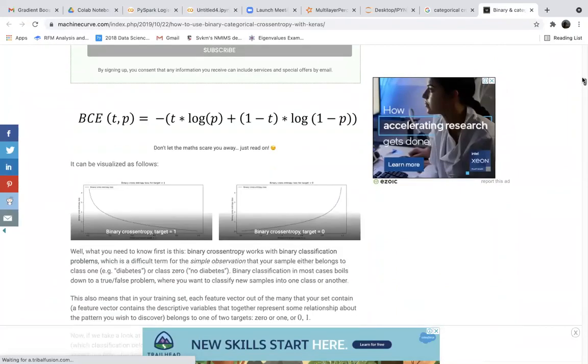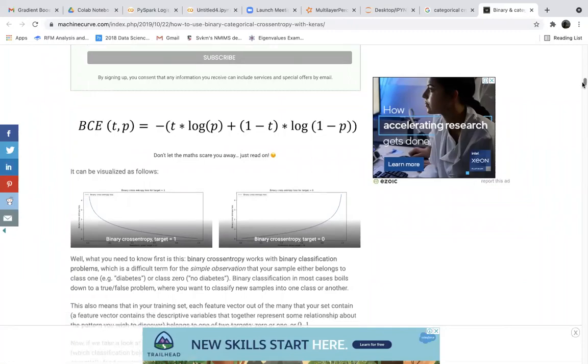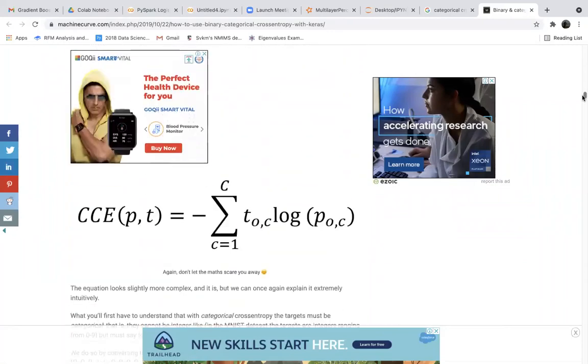So for binary cross entropy, this is the formula: minus t into log p plus 1 minus t into log 1 minus p, where p is the probability. In case of categorical multi-classification, it is sigma t of c log p of c. This is your categorical cross entropy formula. It's a loss calculation formula which you will use.